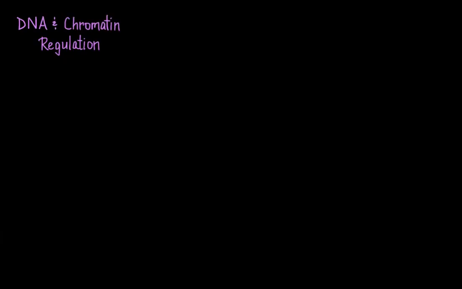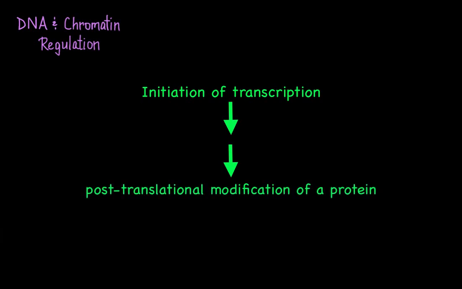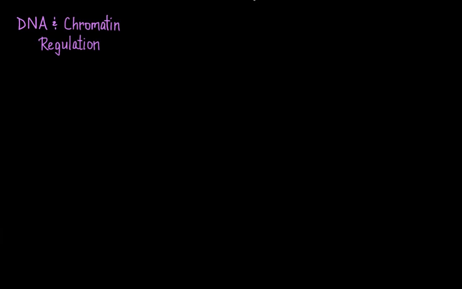So, the regulation of gene expression can be modulated at virtually any step in the process, from the initiation of transcription all the way to post translational modification of a protein, and every step in between. And it's the ability to regulate all these different steps that helps the cell to have the versatility and the adaptability of an efficient ninja, so that it expends energy to express the appropriate proteins only when needed. Or you can think of the cell as a lazy couch potato that wants to expend the least amount of